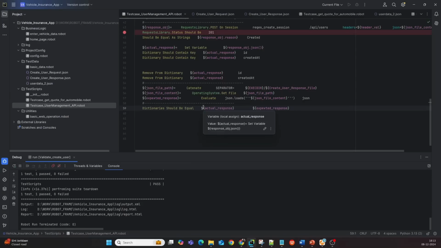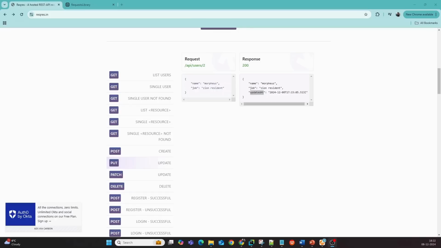This is how we can basically perform the post operation using the Robot Framework. Okay, hope you understood this. Now let us try to understand how to perform the put operation. For the put operation, I will be taking the update record. So my endpoint URL will be